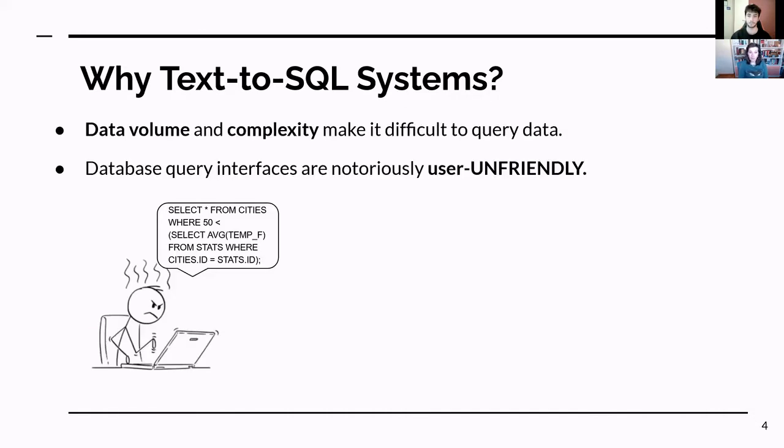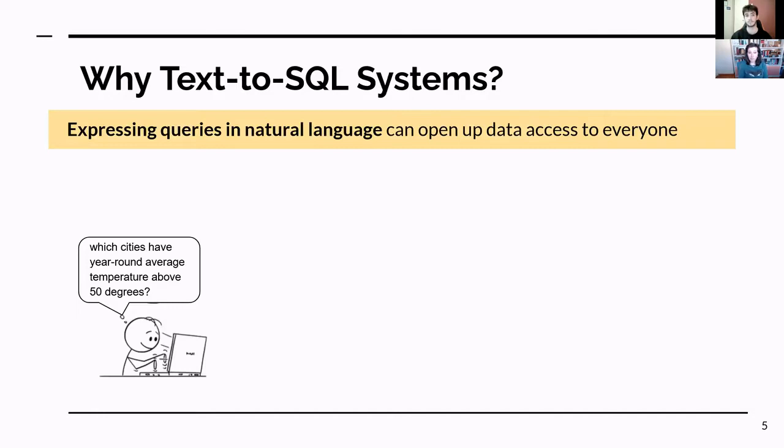However, the volume and the complexity of data makes it rather difficult for many people to query data, and database query interfaces are notoriously known for being not user-friendly. Essentially, it is very hard to write an SQL query when it would be much easier to say something in natural language. For example, here, the user just wants to ask which cities have a year-round average temperature above 50